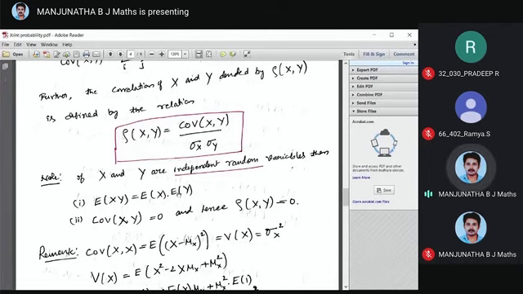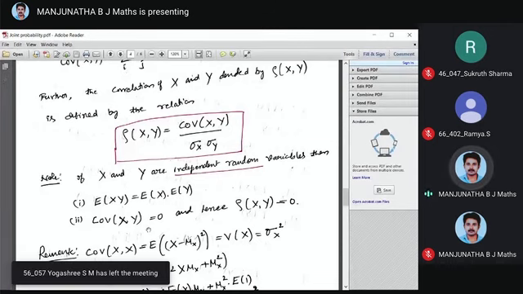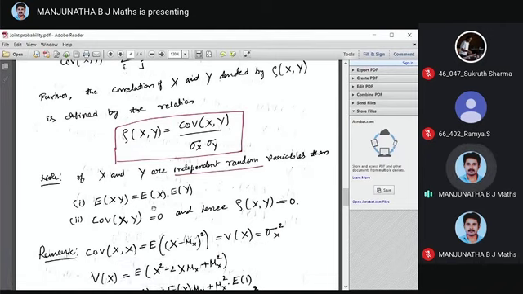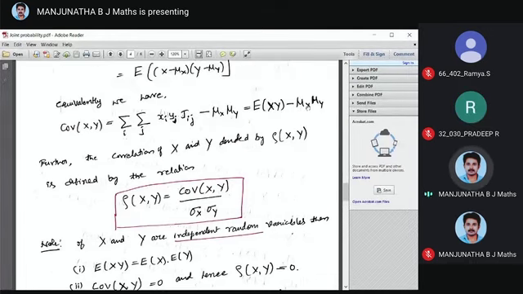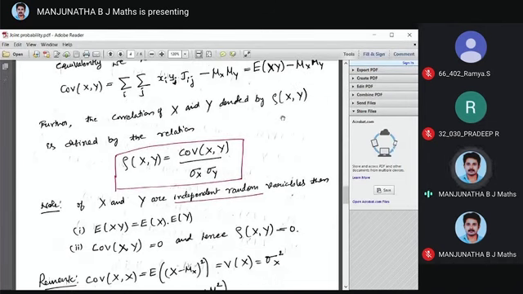Now, more problems have already been sent; just go through them and check wherever I have mentioned independent variables. If expectation of xy equals expectation of x into expectation of y, then we say that X and Y are independent random variables. Then covariance of x comma y is 0, because the difference between expectation of xy and the product of expectations is 0, correct?